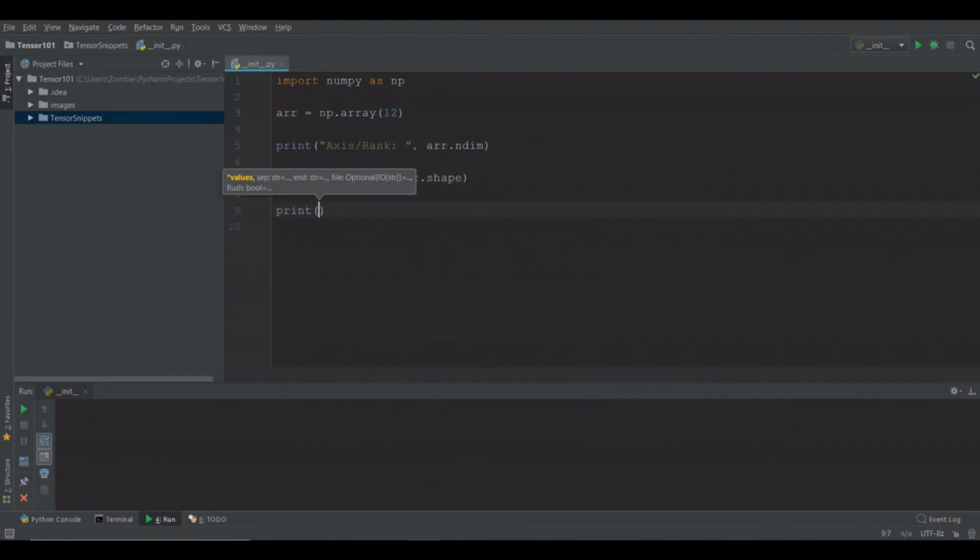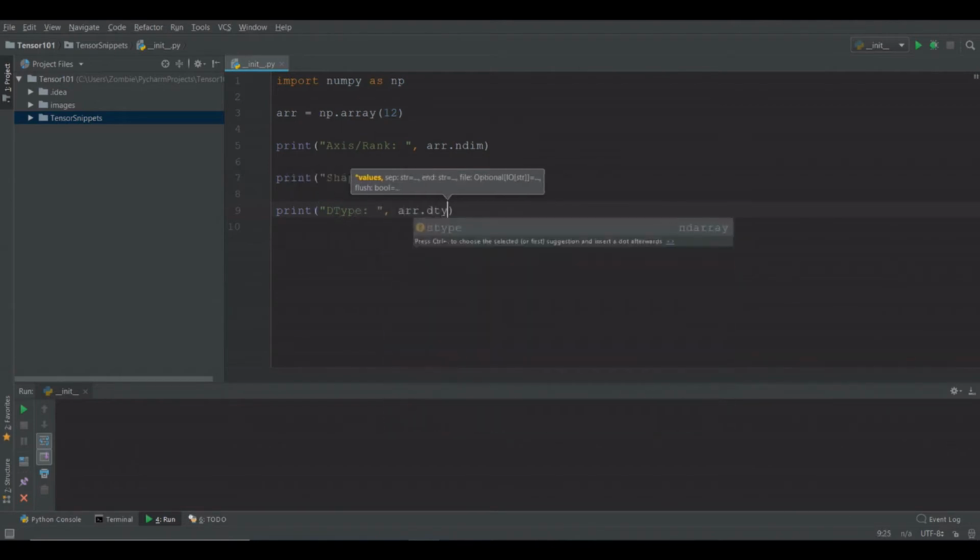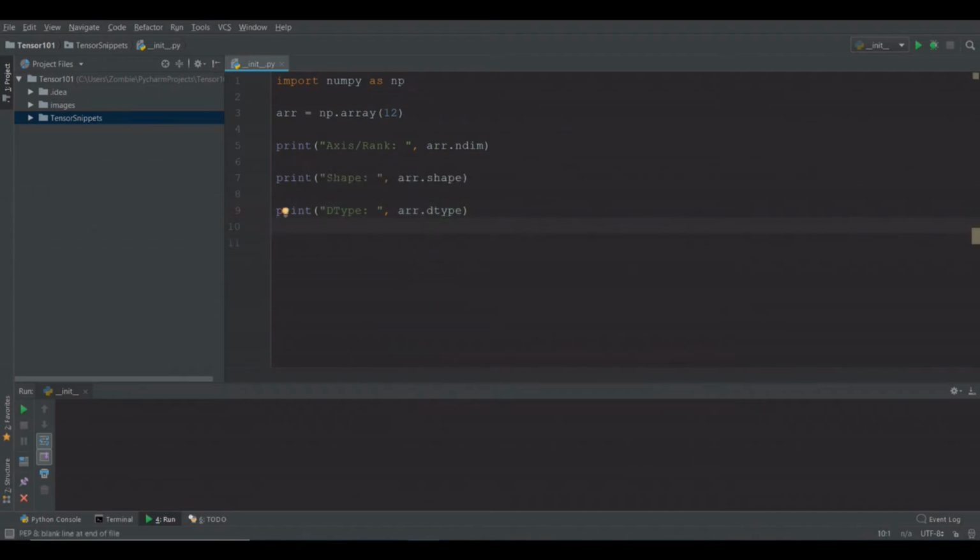And then data type using dtype attribute. Let's run it.